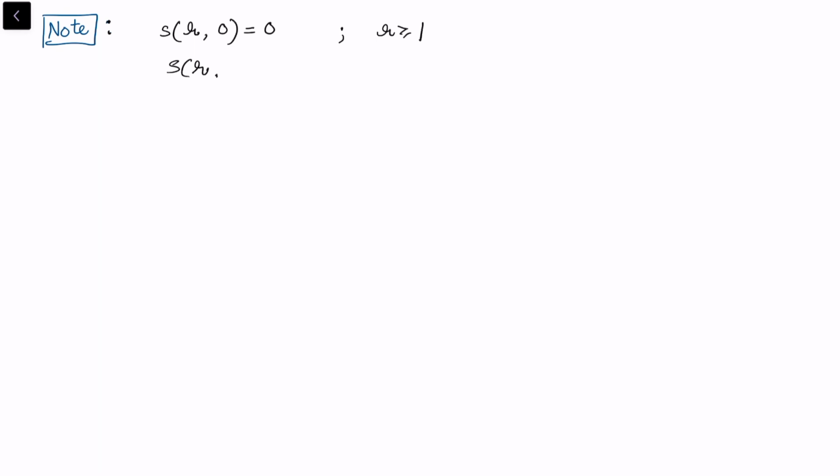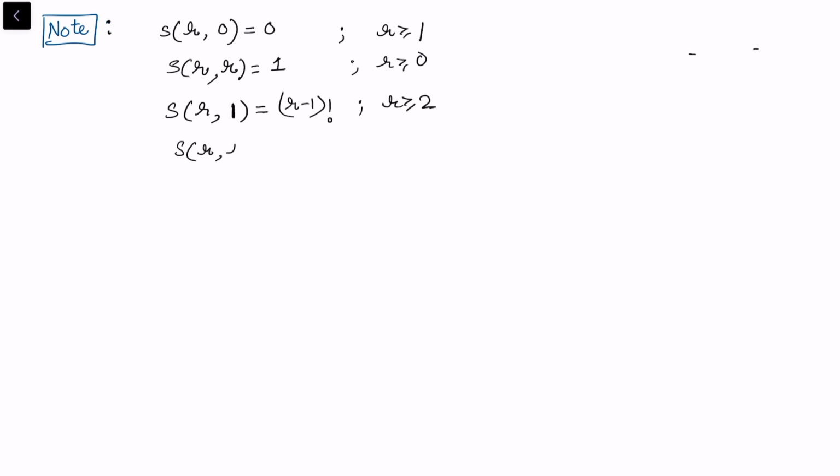If there are r objects and r tables, we remember that on each table there has to be one person. So let's say these are r tables, and there are r people only. That means one person will obviously sit at each table. So there is only one way in this case, whenever r is greater than or equal to 0. Now if I take S(r, 1), r objects and 1 table, this reduces to a simple circular permutation problem, and so this is (r minus 1) factorial whenever r is greater than or equal to 2.